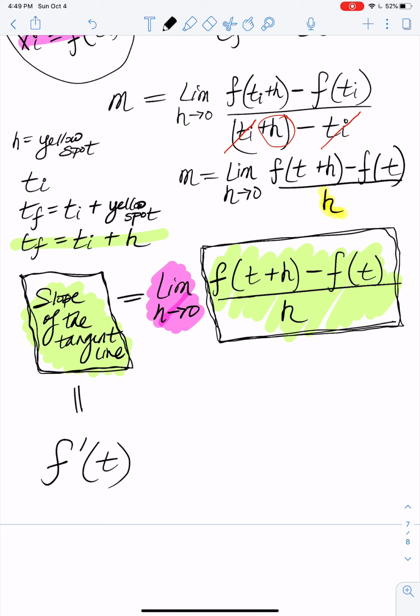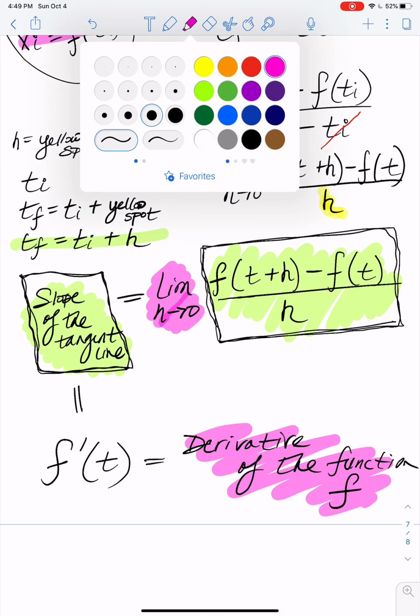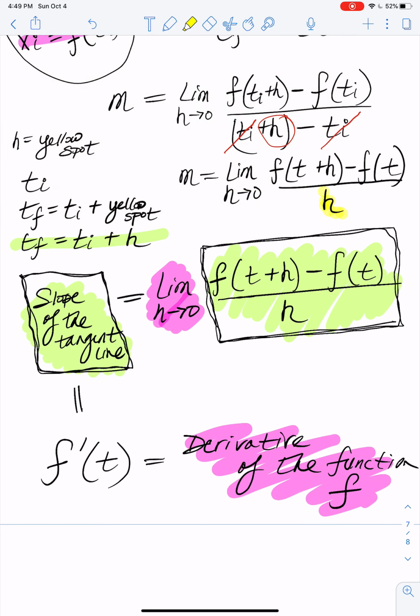So the derivative of the function f, which we like to write in shorthand because we don't like to write the derivative of the function f, that takes forever. So we just write f apostrophe t,